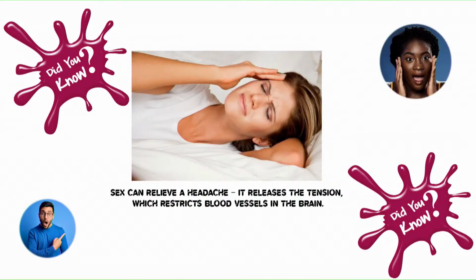All right, this happens to be the final one. Sex can relieve a headache. It releases the tension which restricts blood vessels in the brain. It's an exercise, yeah. So as much as possible, if you have your way, when you have a headache, make sure you do it at your comfort. You don't have to rush it because you just heard what we just read. Do you have a headache right now? Because the way you stare, it forces me to...